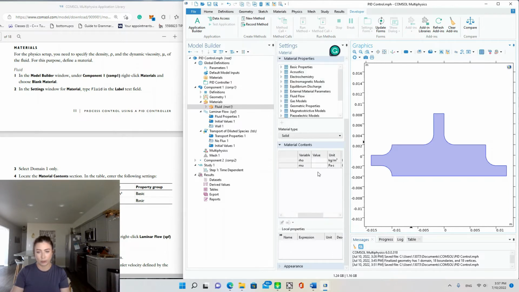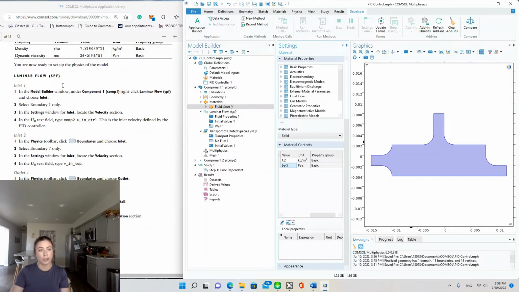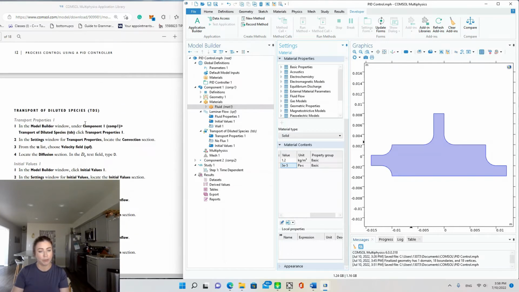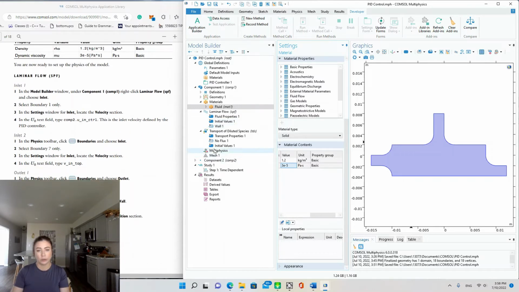Okay, so we have a value of 1.2, units are already kilograms per meter cubed, and then 3 times 10 to the negative 5 Pascal seconds. Okay, and you're now ready to set up the physics of the model. So we'll do the laminar flow physics boundary conditions first, and then transport of dilute species initial values and boundary conditions. So under laminar flow,